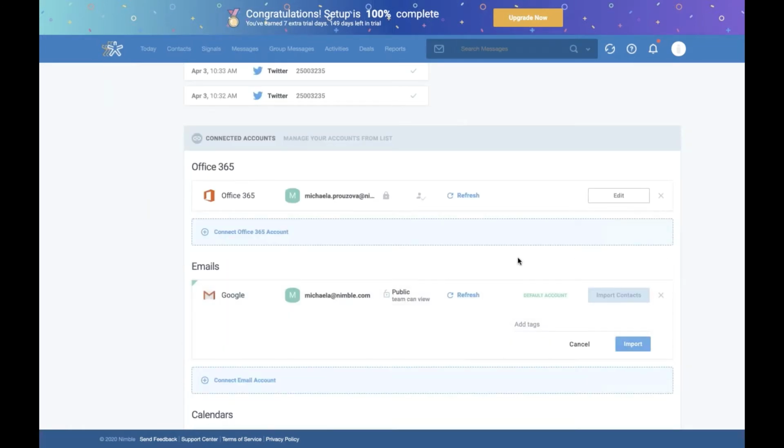One of the things that I wanted to make sure that I mention today is maybe sitting down before you start importing contacts into Nimble and coming up with a list of all the places from which you would like to import contacts to Nimble. So if one of the places is Outlook or Google Contacts, then especially if you're using Nimble as a team, you might want to figure out some sort of a naming structure,